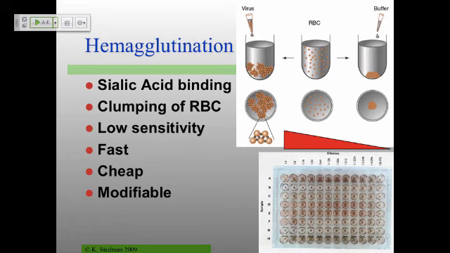Basically all that happens is you put your red blood cells together with virus. If you have virus in there, the virus binds to a red blood cell on one side, but the virus has multiple of these hemagglutinins, and it basically just cross-links between two red blood cells. And so in the case of virus, you have this clumping that takes place. If you don't have virus, then there's no cross-linking. These cells are not in a cross-linked network; they end up being kind of a spot down at the bottom.